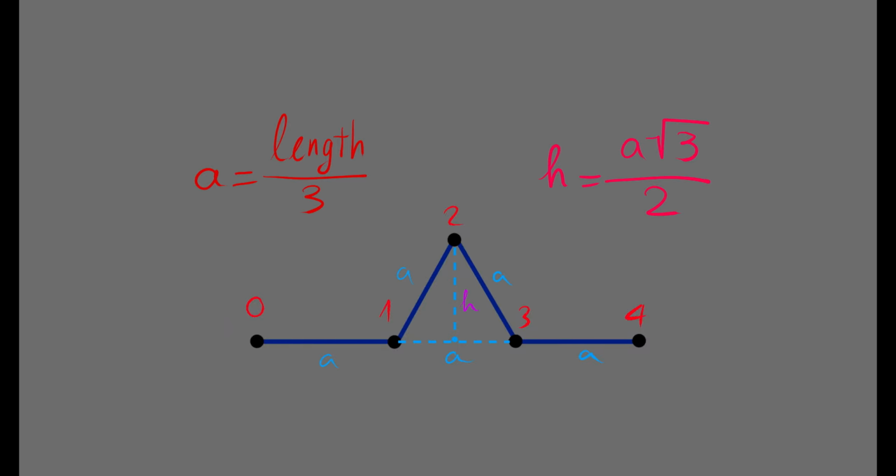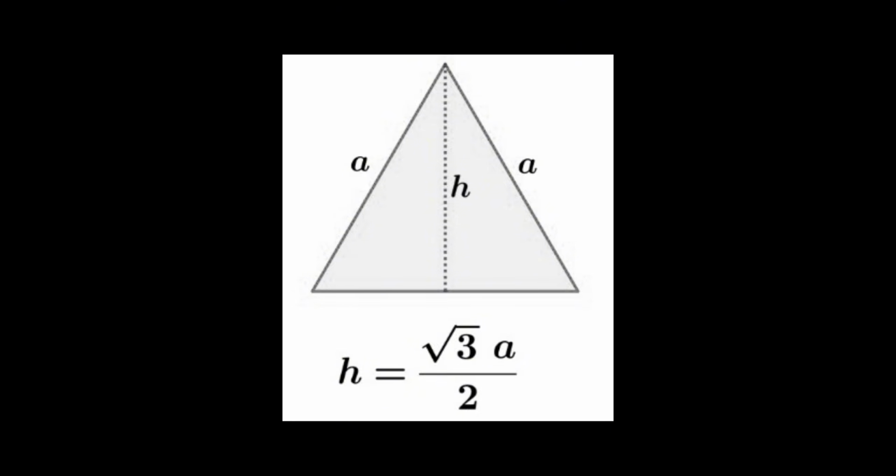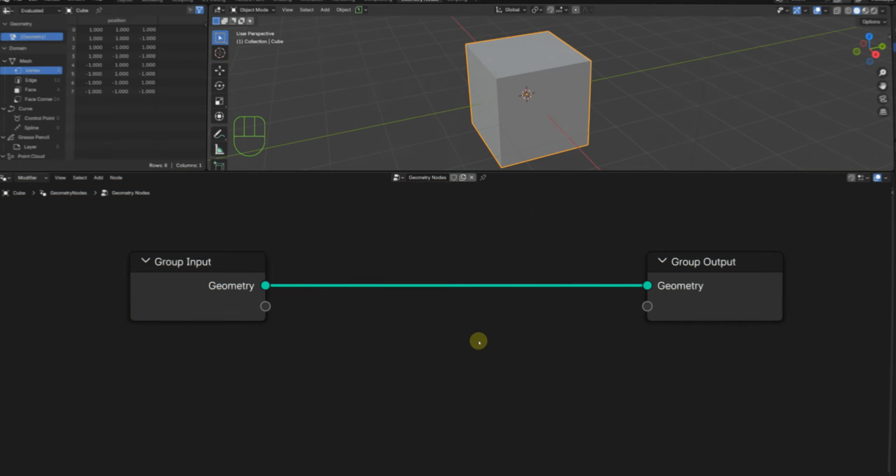Then, we move the point with index 2 upwards so that the points 1, 2, and 3 form an equilateral triangle. To position this peak correctly, we need to calculate the height, or distance, h of that equilateral triangle. Now we can see the equal segments, which we will call A. Next, we'll establish the formula for A, based on the original line's length, and then calculate h using the formula for the height of an equilateral triangle.